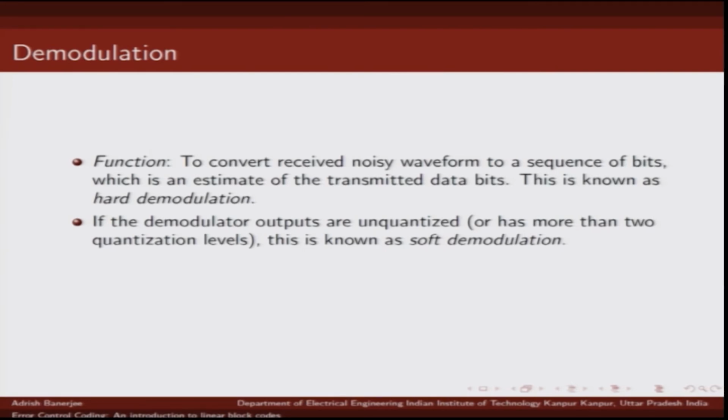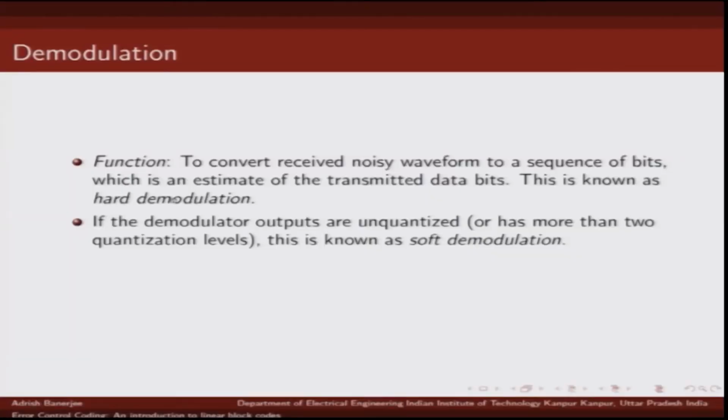In hard demodulation, we basically lose a lot of information. For example, let us say you consider binary transmission, you are sending zeros and ones, and you are using binary phase shift keying. Let us consider a scenario where 0 is mapped to +1 and 1 is mapped to -1, and let us say the received symbol was 0.01. Now, if you were doing hard demodulation, because the decision threshold will be 0, you will demodulate it to be